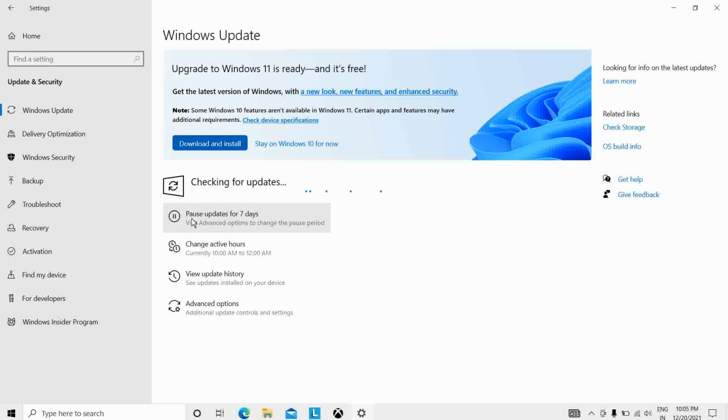Just check for updates. If you have any previous updates, ignore the Windows 11 version because it's showing me that, but we have to follow the current version updates. Check whether your current update is up to date or not. It's showing me checking for updates. If your Windows is not updated, then just update from here. I will close this window finally.